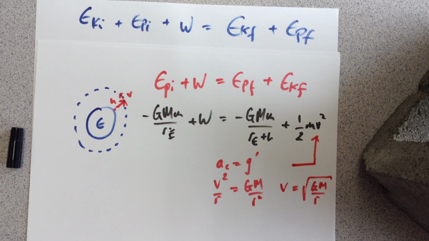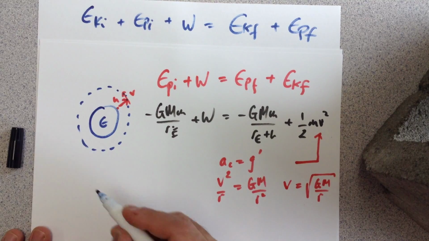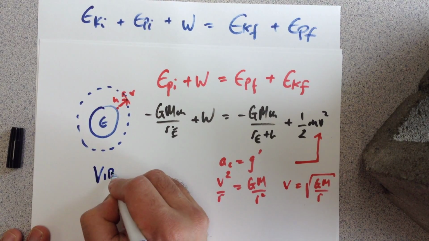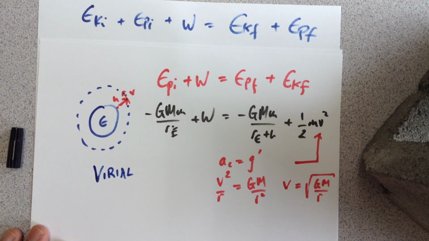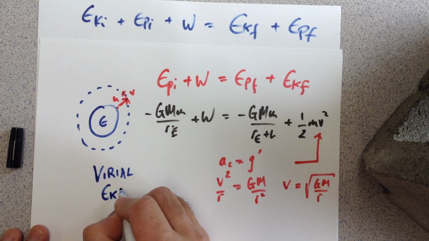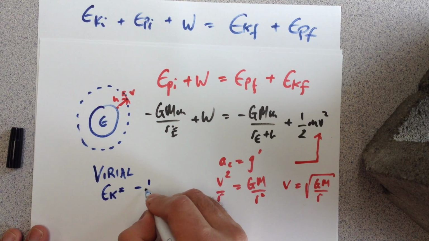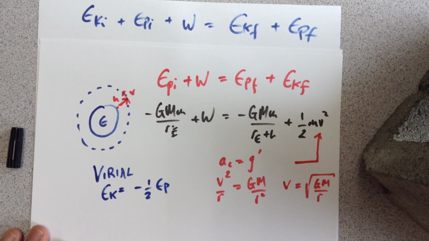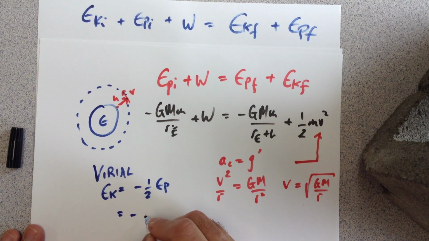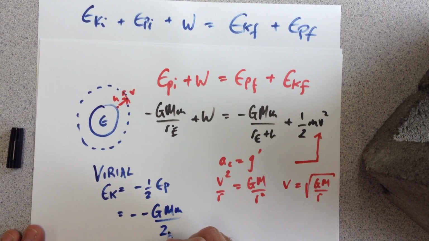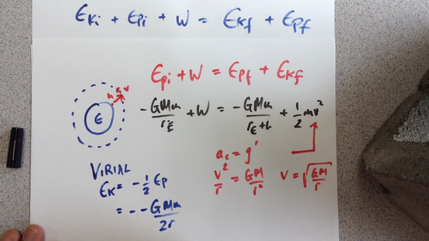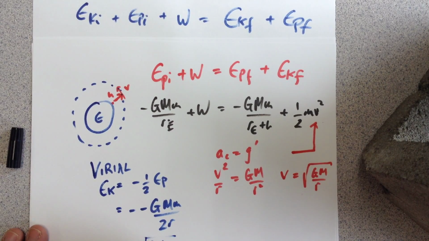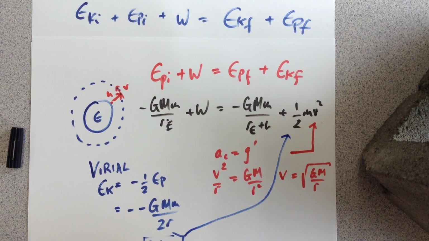I would say the easier way to approach that would be, remember what we talked about in class, the idea of the virial theorem. And the virial here tells us that the kinetic energy is equal to negative 1/2 the potential, which means that it's negative GMm over 2r, which really makes it positive GMm over 2r. So if we take that term and sub it in for Ek,